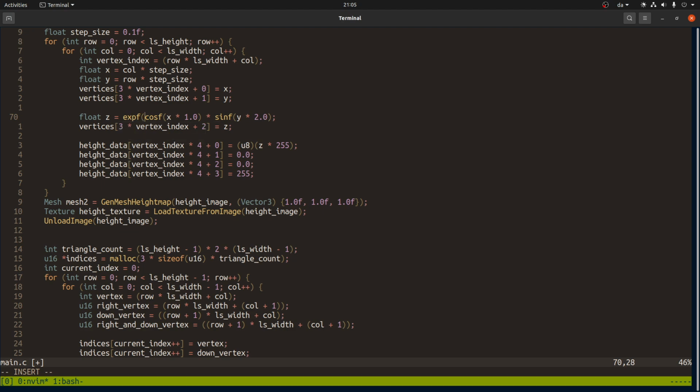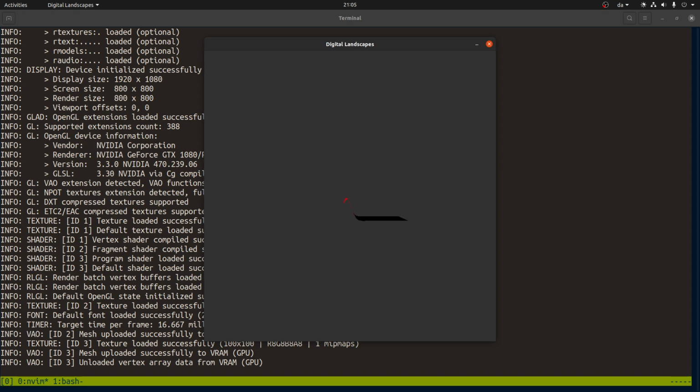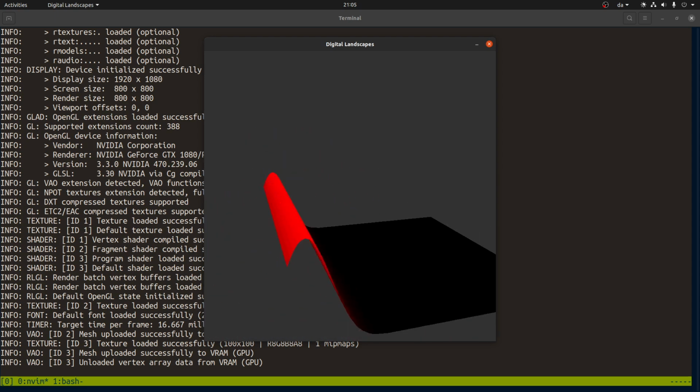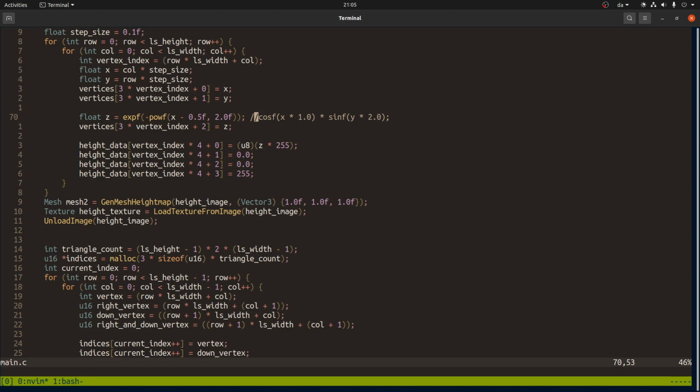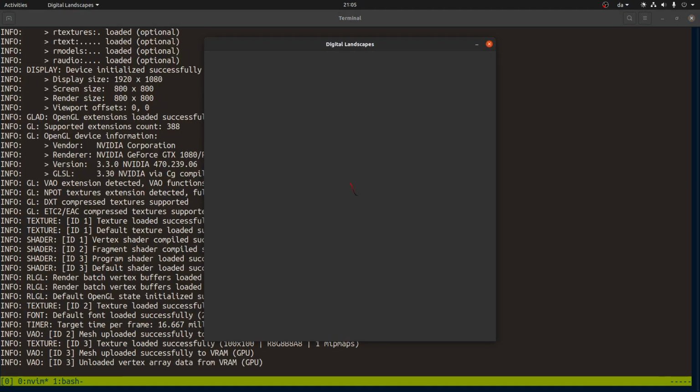What if we say x minus 1/2 to the power of 2, and let's see if that looks like anything. I'm a bit surprised. I thought the